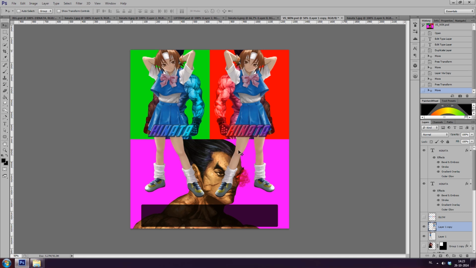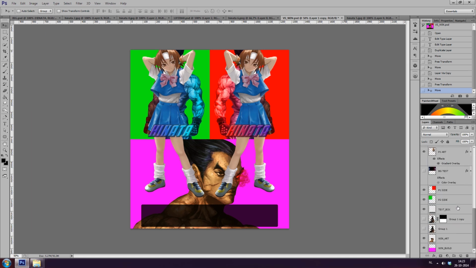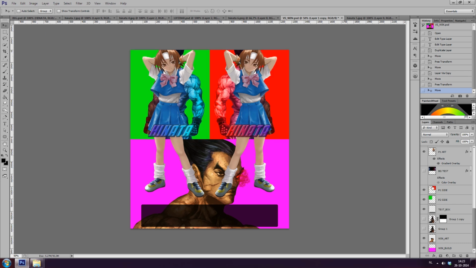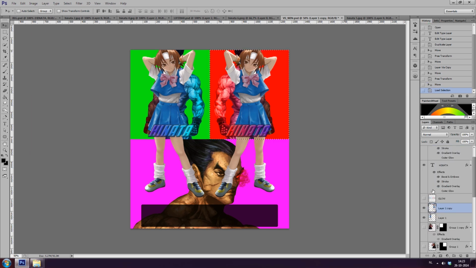Right. We do not want portions of the legs overlapping with the windscreen, because when you see the actual windscreen of this character, you will actually see her legs on this windscreen. So what we're going to do is go down to these red and green rectangles. Control left click on the right rectangle and select the layer